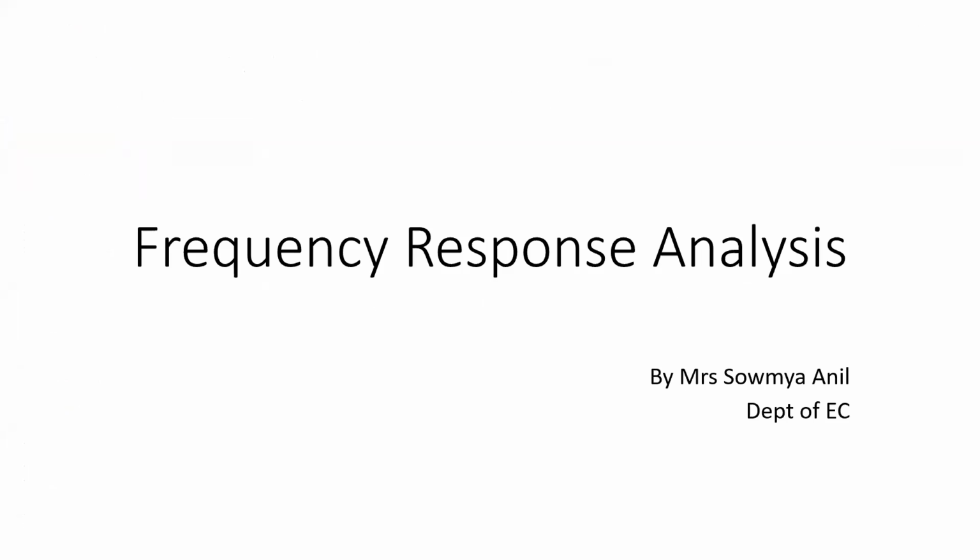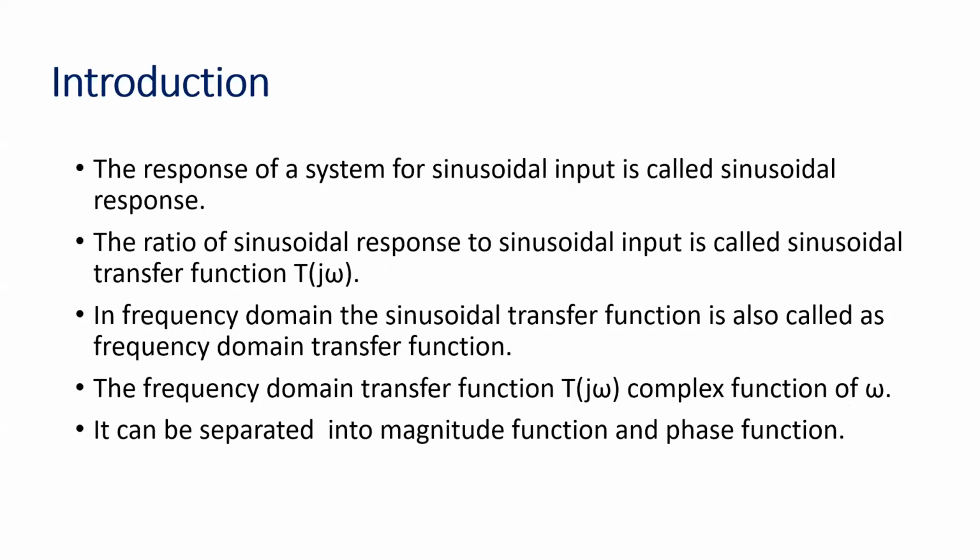Using the root locus method, we analyzed the system. We saw how the system is going to behave based on the different values of K, the gain or the system parameter, how it will go from the stable state to the unstable state, how the system behavior will change. That was based on time domain analysis. Now what we will do is frequency response or frequency domain analysis.